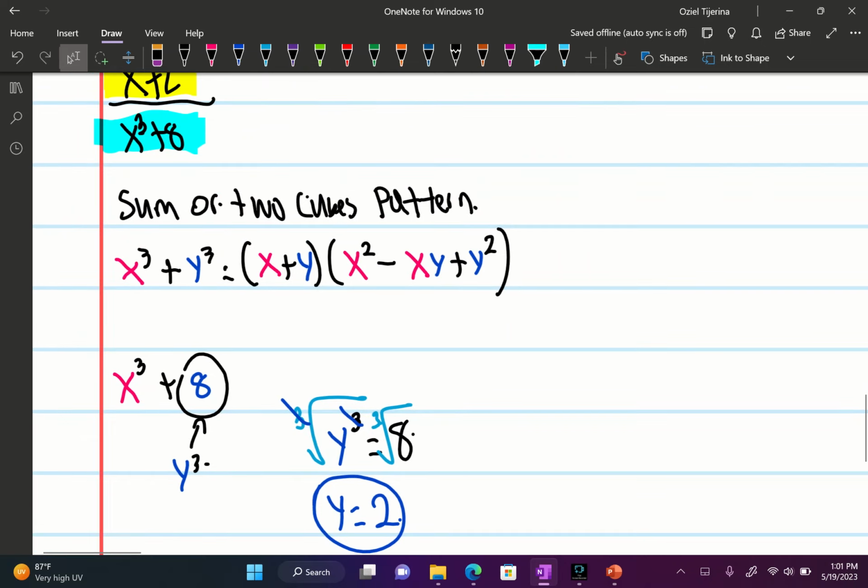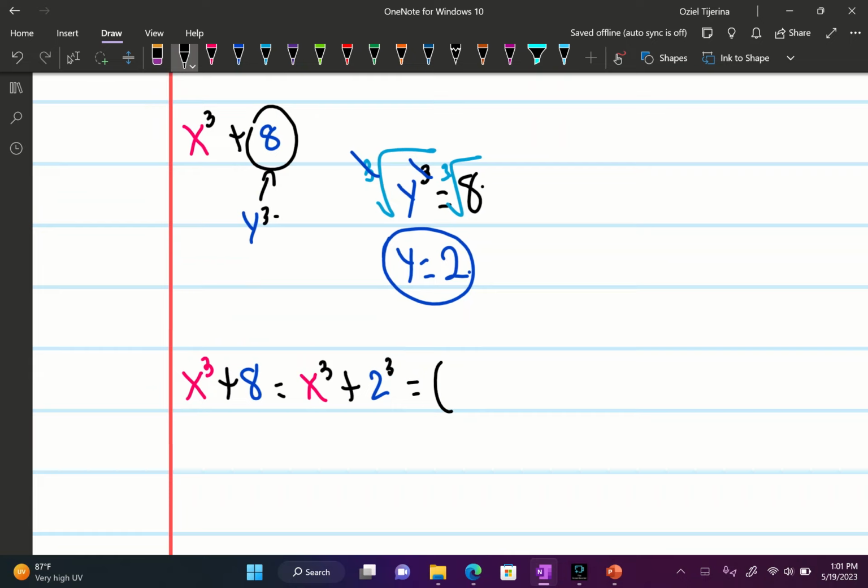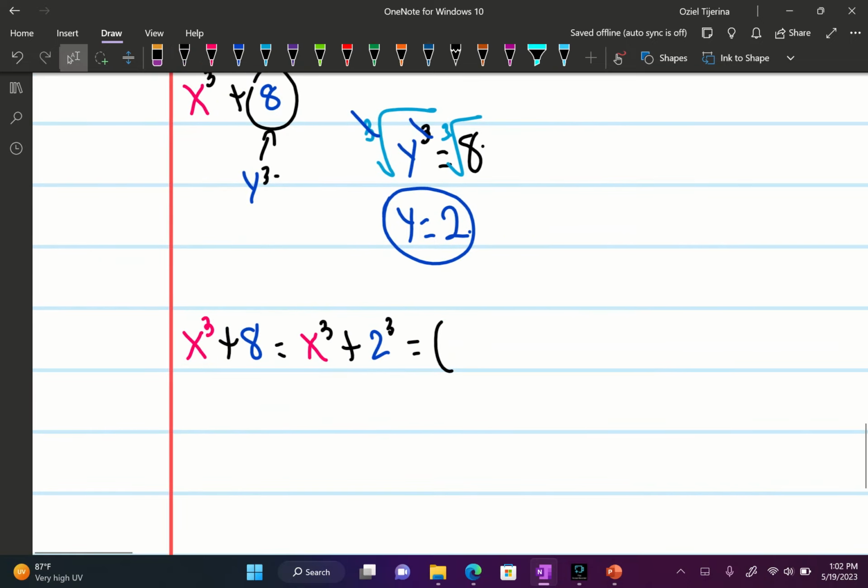So we can say the following, x cubed plus 8 is really equal to x cubed plus 2 cubed, right? Which is really just the following, x plus 2